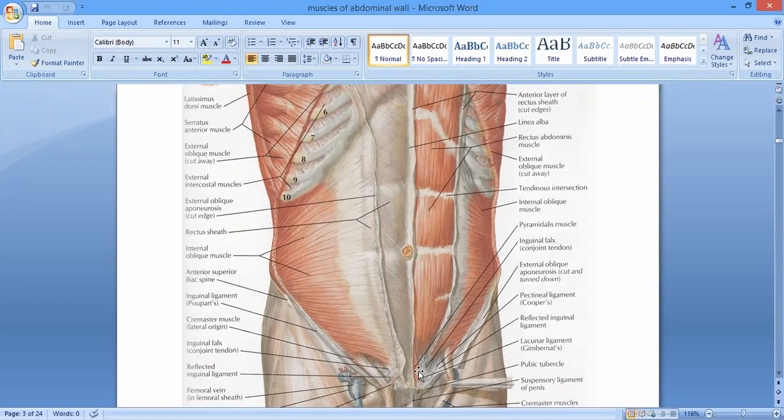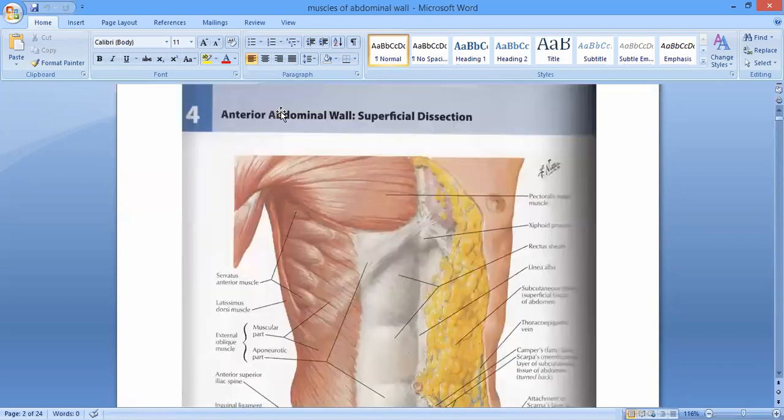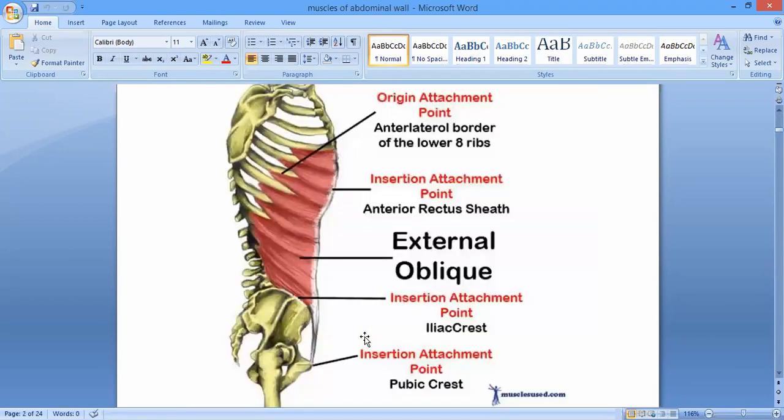Okay, now there are certain characteristic features of these abdominal muscles, rather the flat muscles. We'll talk about the flat muscles first. The flat muscles of the anterior abdominal wall have varying orientation. The fibers of the external oblique, which I just showed you, if you look at them here, are running downwards, forwards, and medially, whereas the internal oblique muscles